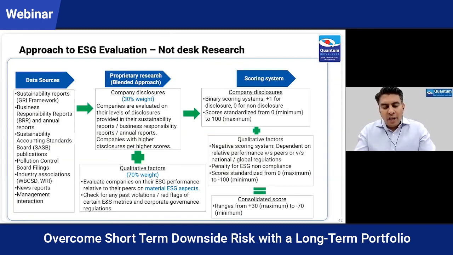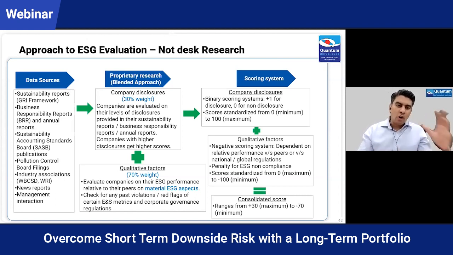ESG, I know, is very new for many. E stands for environment, S stands for social, and G stands for governance. There is a method for how you measure ESG. Currently, it is highly subjective, given that the data companies give out is very limited. Companies are improving, and regulators are forcing them to come out with more data, so we'll see a lot more standardization in the way people assess ESG. But so far, it is like beauty: it lies in the eyes of the beholder. How you perceive the practices of the company from an ESG perspective is what drives your belief whether those companies are sustainable or not.